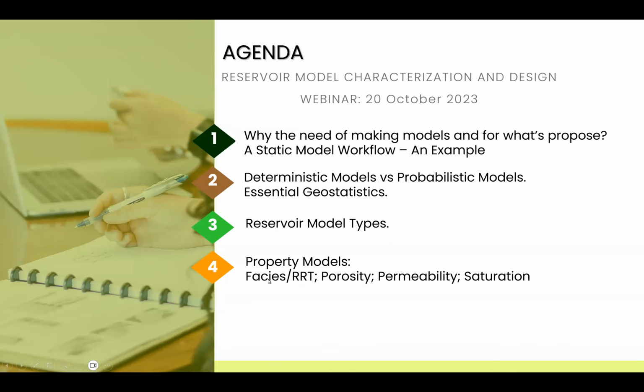Then again, property models. You already know this for sure. You have a facies and/or rock type model, a porosity model, a permeability model, and a saturation model. But again, I'm not going to explain how to do it. This is another issue. And finally,